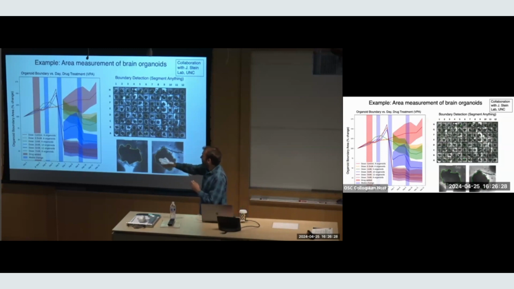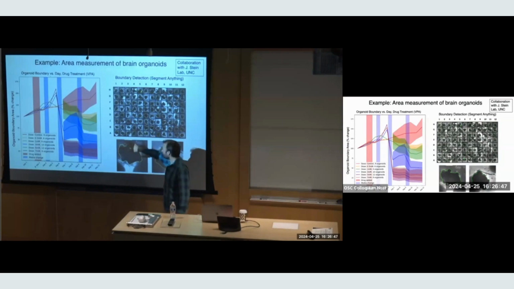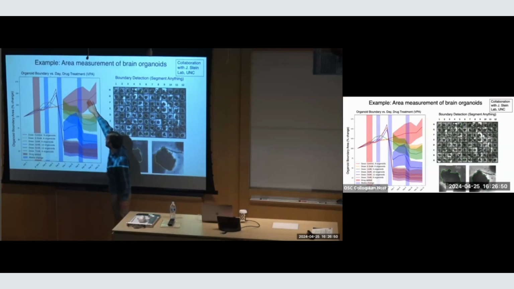And from day 1 to day 12, when the drug is applied on day, where is it? Drug added on day 3, you see the brain organoids were all growing. Day 3, the drug's added, and then they all really respond to that treatment. And then each of these is a different dose of the drug. So small dose, a little bit more, etc. So yeah, we were happy to see this ability to record in parallel was actually useful in this brain organoid